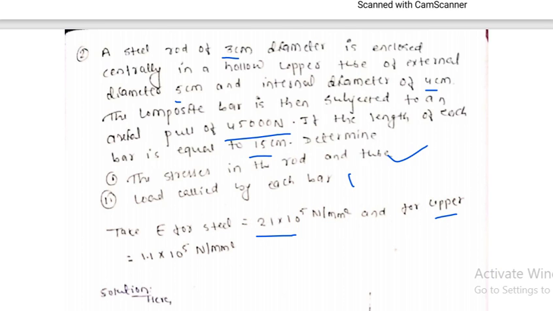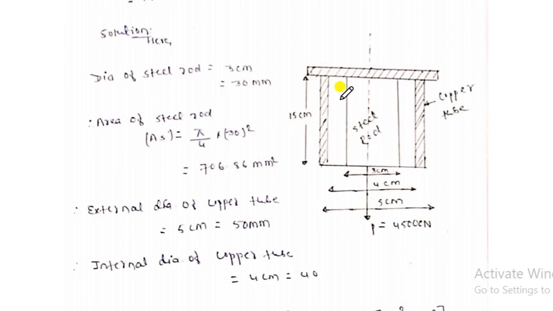As you can see in the figure, the bar is fixed at one end, and there is a copper column whose external diameter is 5 and internal diameter is 4. Similarly, in that one we substitute a steel rod of 3 centimeter diameter. Here we have to calculate, and the total load carried by these is 45,000